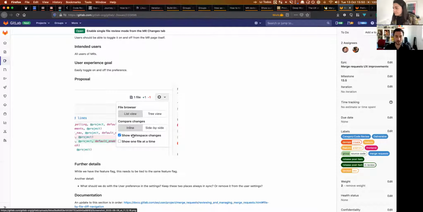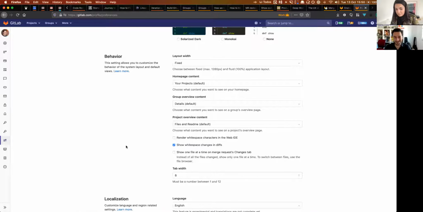This show changes setting is duplicated. Actually, it's broken because there's a bug in how we synchronize this checkbox and the checkbox here. So that's also another problem. So should we duplicate this or not? And I think this thought process could also be applied to settings in general. And one other thing, just to give you a clear example of what we're doing now in this milestone,